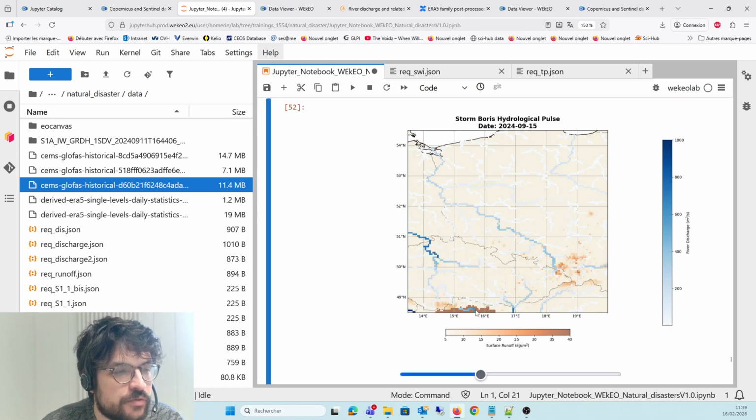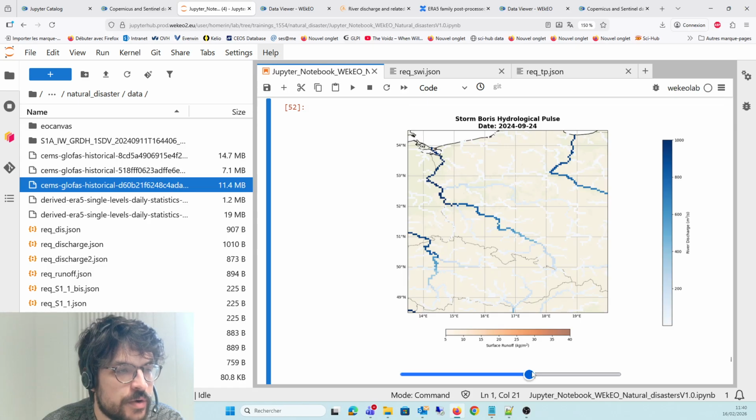And here we have very strong surface runoff in the south of the basin. Immediately afterwards, the rivers fill up with strong river discharge. Over the days, this discharge moves downstream towards the estuaries, towards the sea.